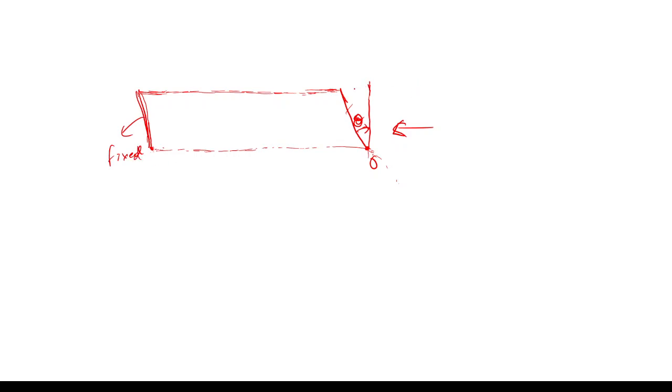So after twist, it goes here. So this is the deformed shape. From here, if I draw a line like this, this is known as the shear angle phi,